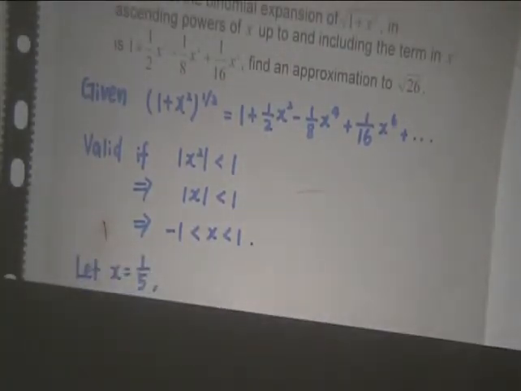So next, the expansion is only valid if x is between minus 1 and 1. So when I substitute a value to find square root 26, I need to substitute a value of x that is between minus 1 and 1. What we do here is substitute x equals 1 over 5. So when x is equal to 1 over 5,